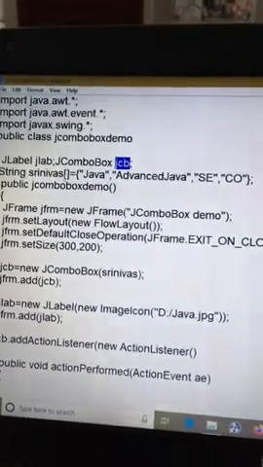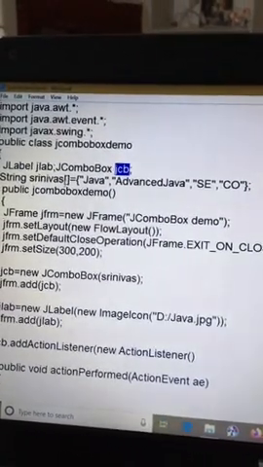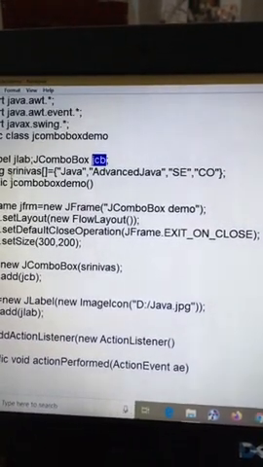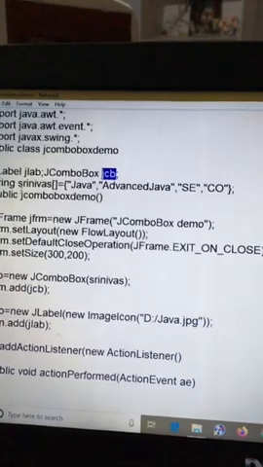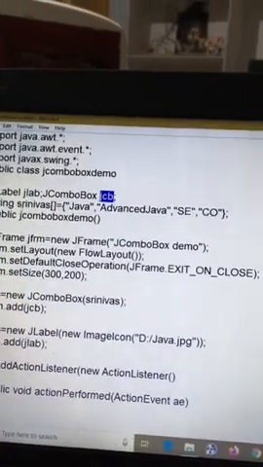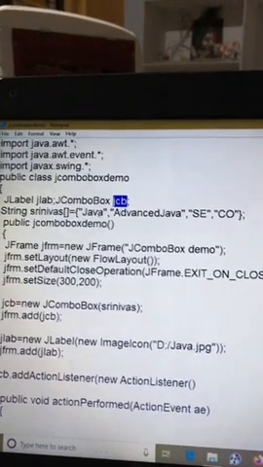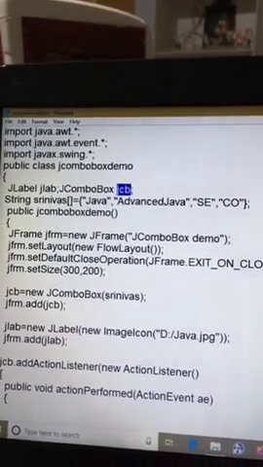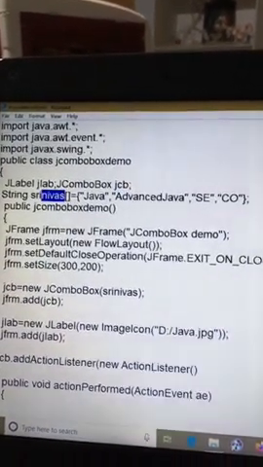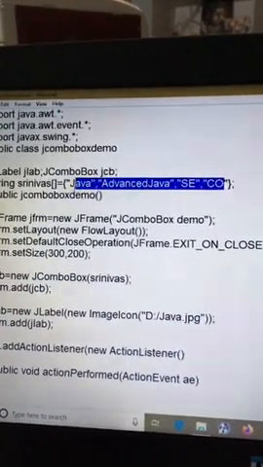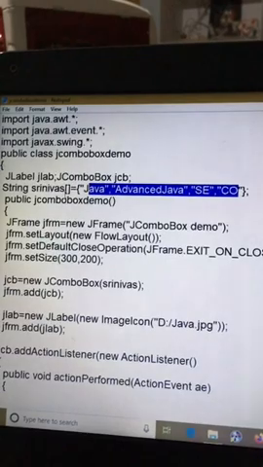String Srinivas: we already discussed that we are passing the items or entries to the combo box by using an array. Here Srinivas is a string type of array, so I am storing items or entries. Java, Advanced Java, SC and CO are the items which are stored in the Srinivas array.